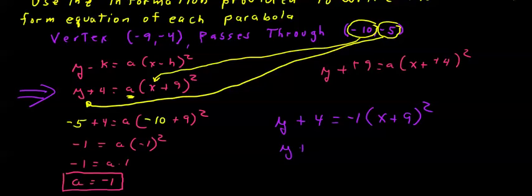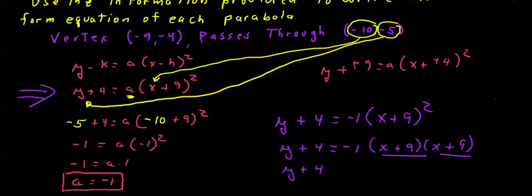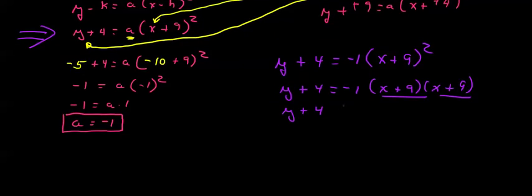Y plus 4 equals -1 times x plus 9 times x plus 9. I won't do this again. From now on, I'll just multiply the binomial in my head, but